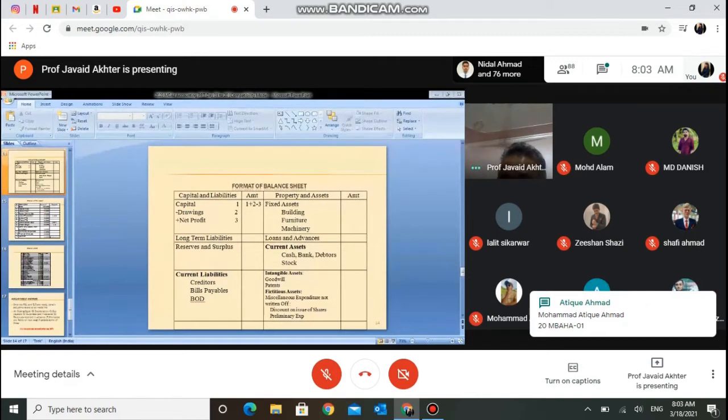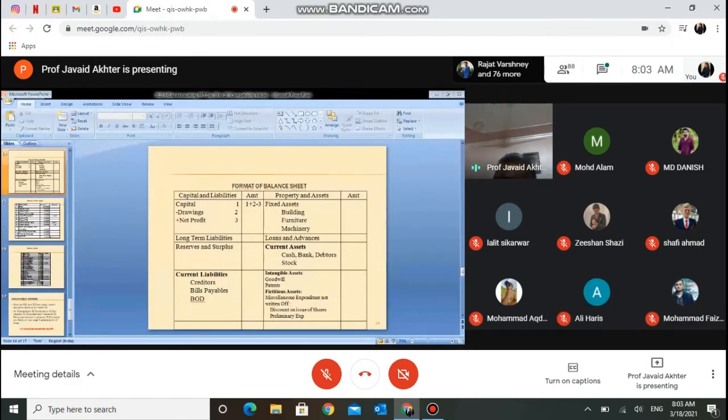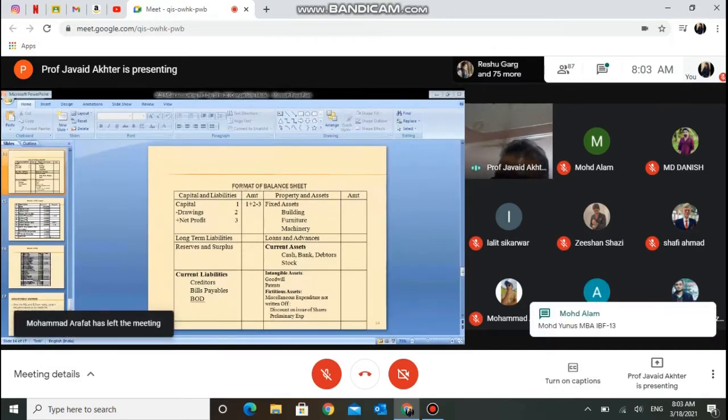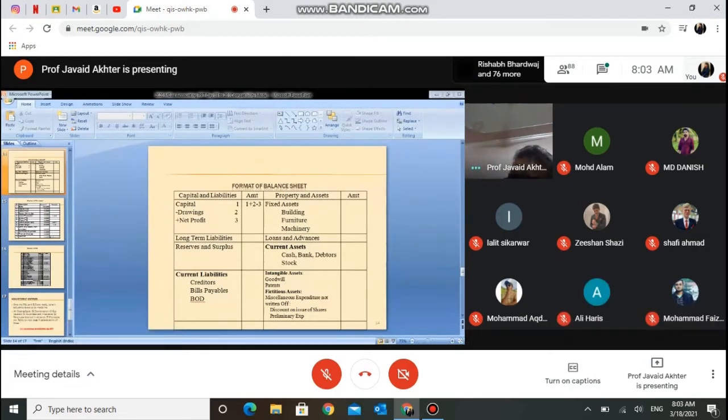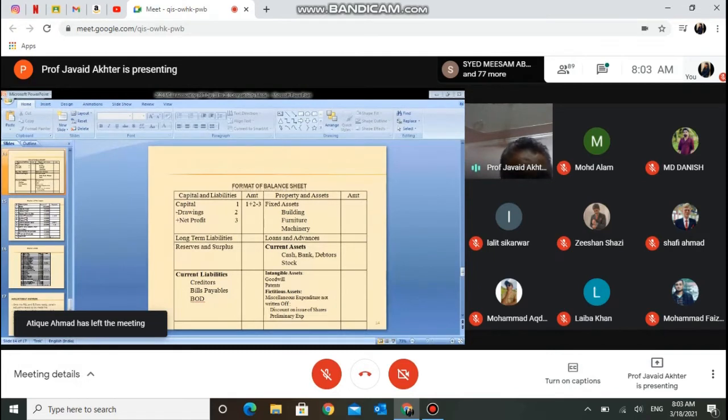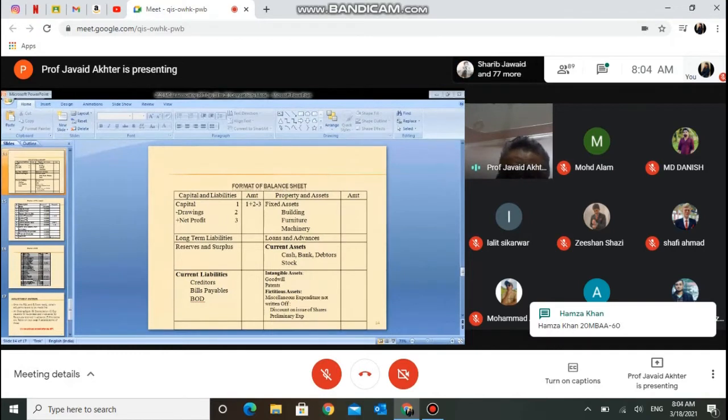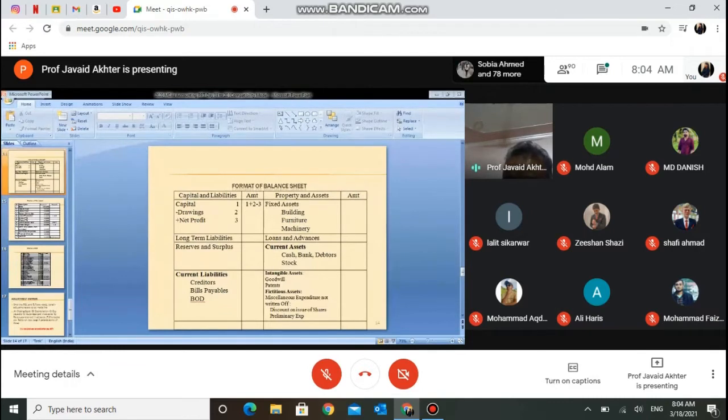Further, not all revenue and expenses are recorded like this. For expenses, we may have two classifications: direct expenses and indirect expenses. All direct expenses are recorded in an account known as the trading account, and the difference is transferred to the profit and loss account. We record all indirect expenses in that account. Whatever is the difference between the two will either be a profit or a loss, and that will be taken to the balance sheet on the liability side.